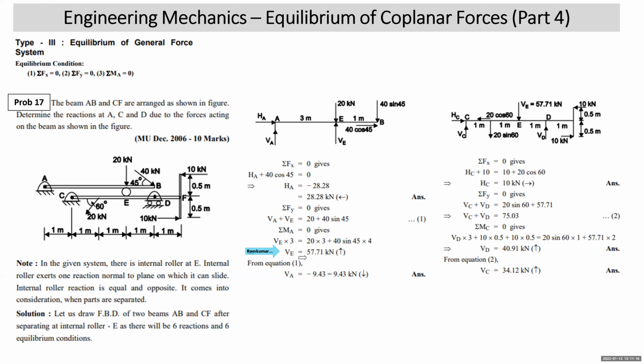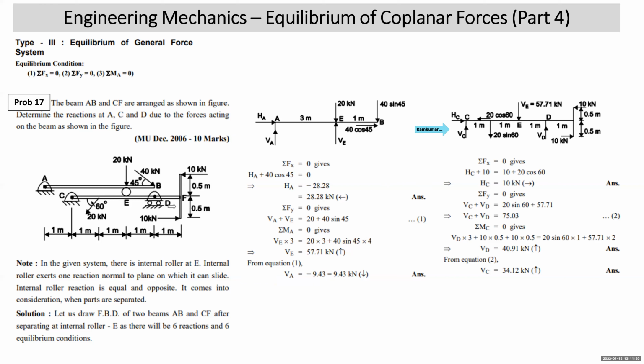Then if you substitute the value of V in equation number 1, you get the value of VA as minus 9.43. Minus indicates that reaction VA is not upward, it is downward. Now you draw the FBD of part CF. At C, you will take 2 reactions. We have taken HC and VC. This 20 kilonewton at 1 meter from C is at 60 degree angle, 20 cos and